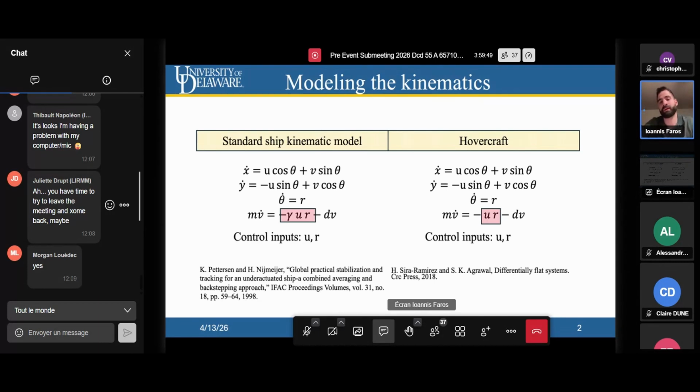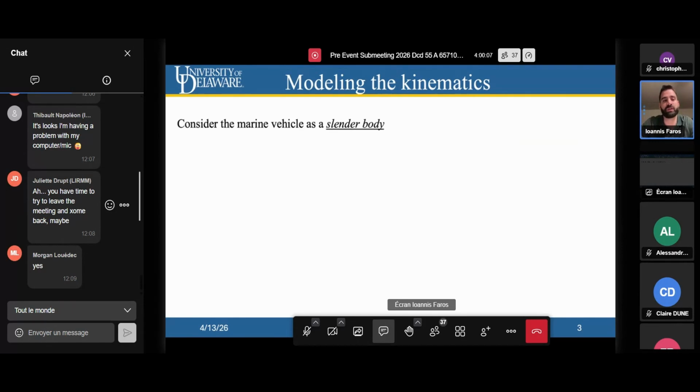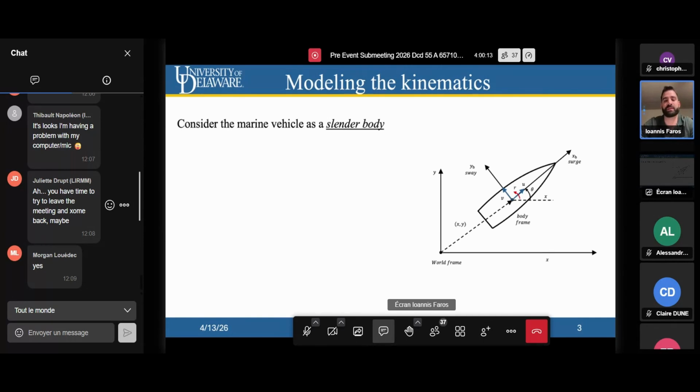However, we believe that if we had an appropriate model and we could play with the coefficients and the relative degrees of this model, we could yield gamma equal to 1 and not force it. To do so, we consider a marine vehicle as a slender body. A slender body means that the length of the vehicle is much, much larger than the width. We place, of course, a local frame B on the body at midship as standard, and we yield the same